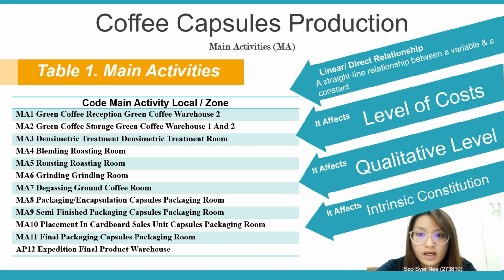From this activity, we can see a linear relationship with the products. The linearity will eventually affect the level of cost, qualitative levels, and the intrinsic constitution of the final products. So why is the linear relationship so important in a production line? This is because the linear relationship clearly shows how the production components work to increase productivity in order to make